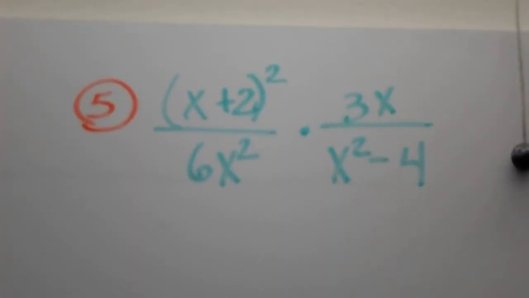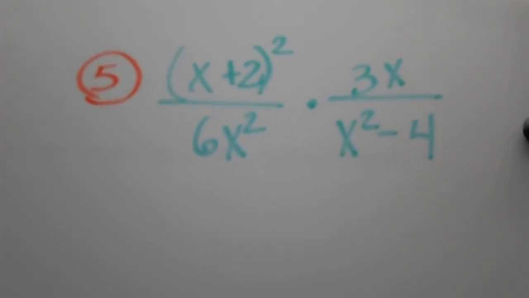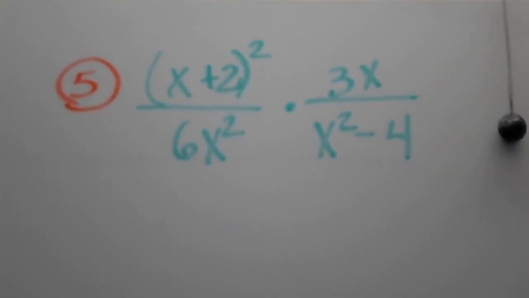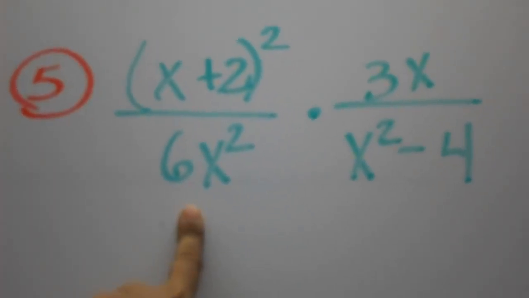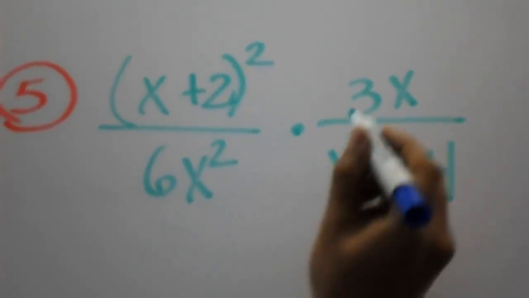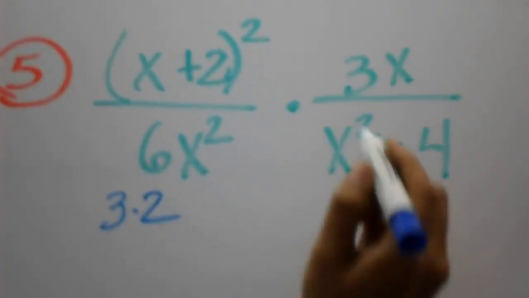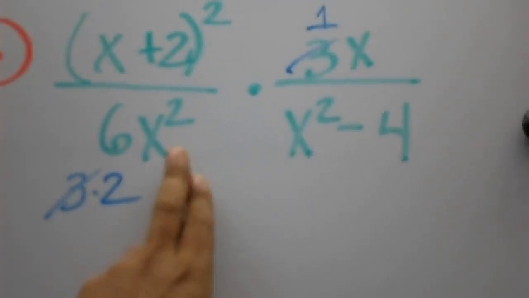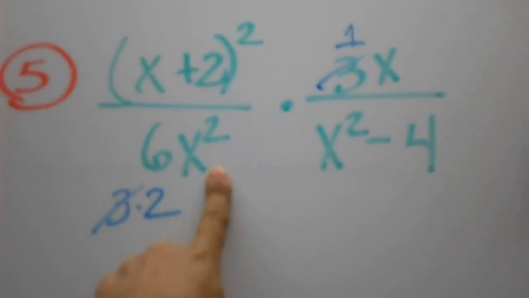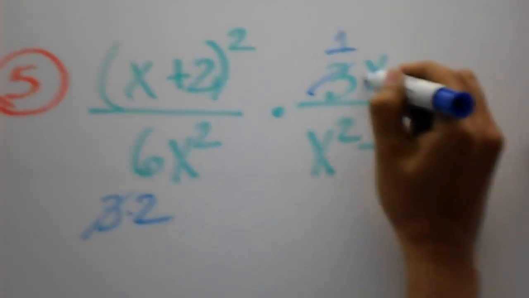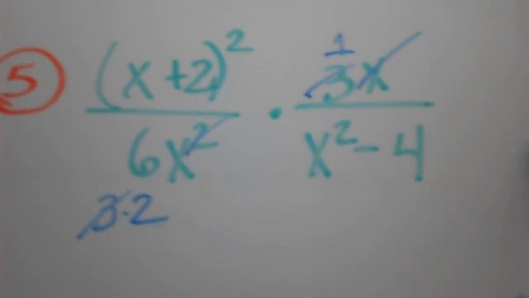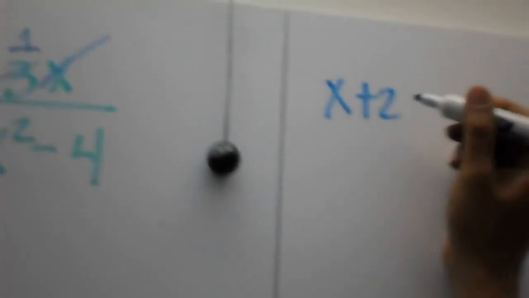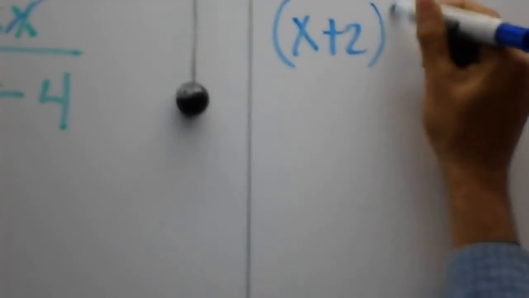What do you see? First, you should step back and see, all right, what can I do in terms of canceling stuff off the bat? Well, the first thing I should see is this as 6x squared and that 3x. Notice that this 6 is really 3 times 2. So this 3 and that 3 cancel. The 3 becomes 1, right? And then you have x squared and x. That x squared, you could simplify, right? This goes away, that goes away, and we could rewrite it again. So it looks a little bit better. So you have x plus 2, which is squared. This is going to be written twice,